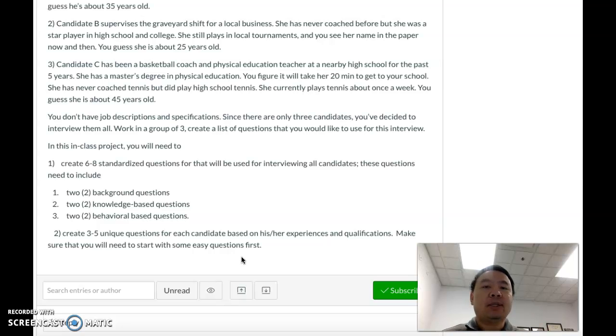For instance, some person has been working in one school for 20 years, and he applied for your job. You possibly want to know, why do you want to quit your current job? Why are you interested in this position? Or for someone who has no experience in the past, you possibly want to ask how they are able to become a fast learner, and how they are able to use their experience as a successful tennis player in the past and transition that into being a successful coach. You possibly want to know more about those things.